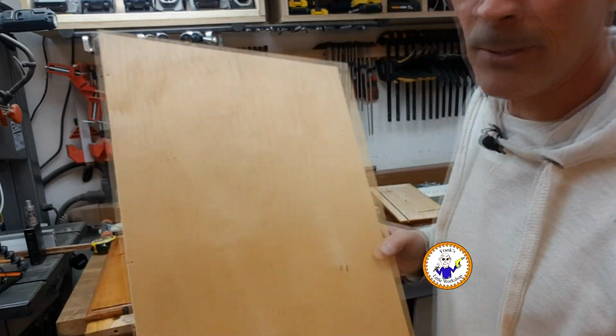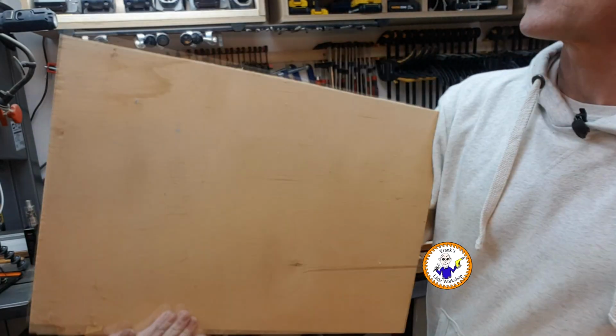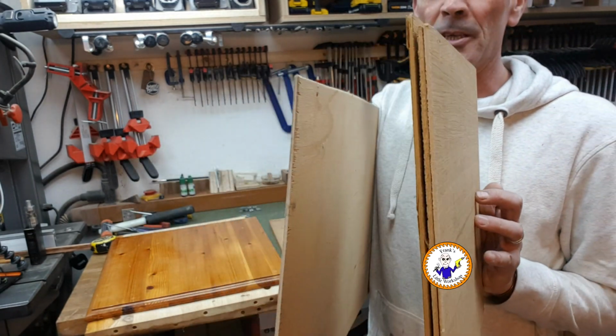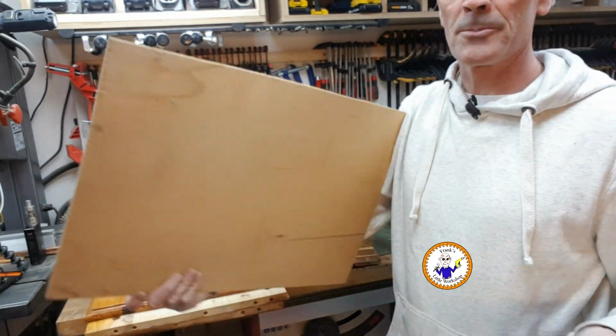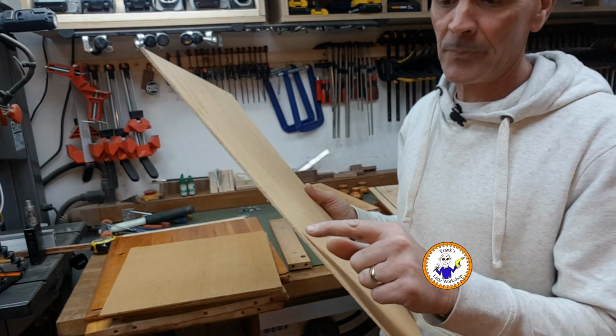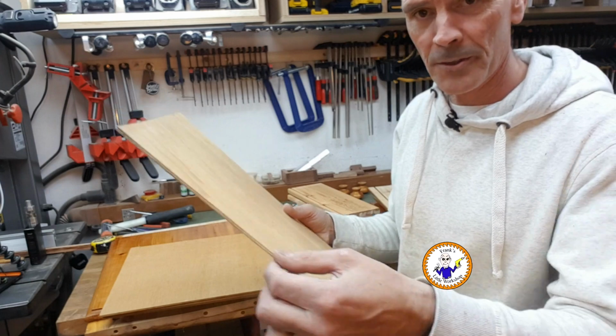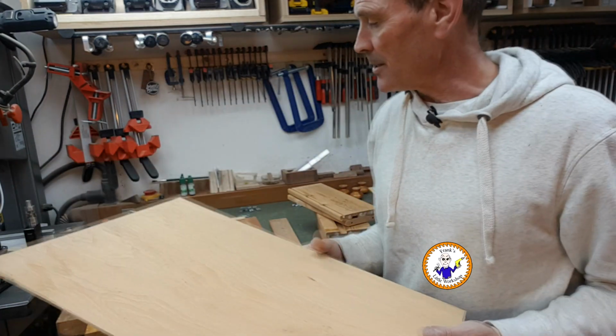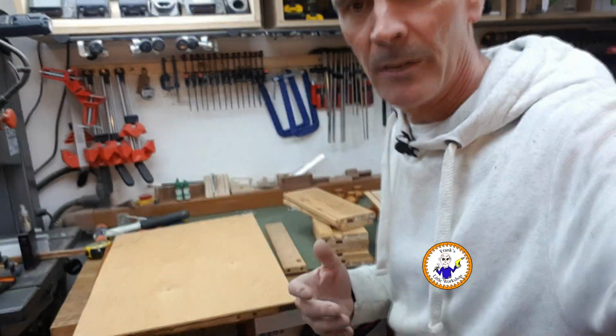Okay, we get some bits of ply. Now you'll notice when I took these apart, these are probably 5mm ply. When I took these apart, these were the drawer bottoms, and this was the back. As I took it apart, I made sure that I took out all of the nails. The reason for that is when you're taking it apart, if you take all the nails and screws and everything out as you're taking it apart, then you don't run the risk of grabbing a piece of wood,